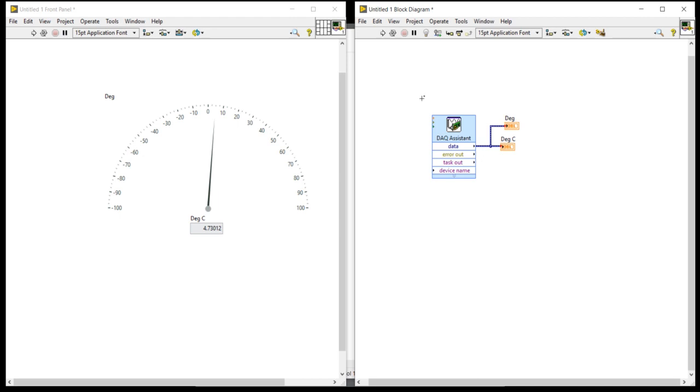So dear students, it is garbage, meaning it is virtual. It is default data, not real data, because we are not using any real hardware.